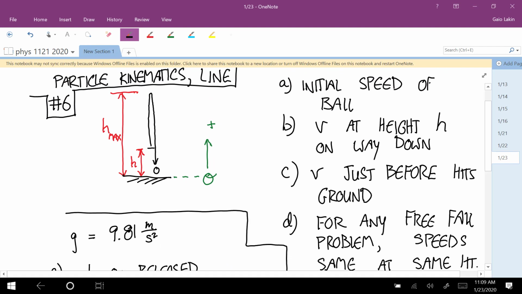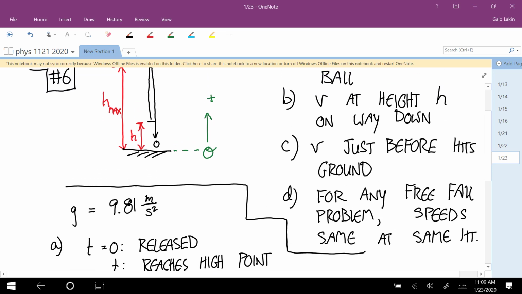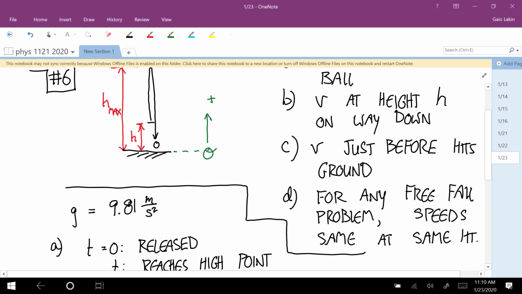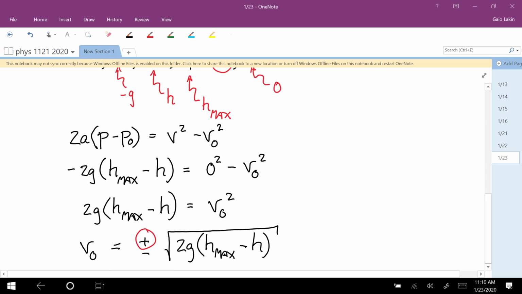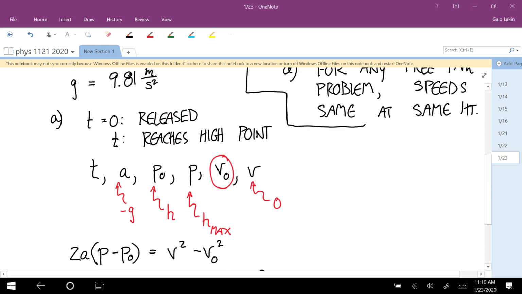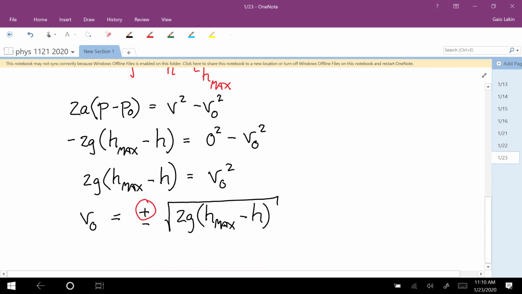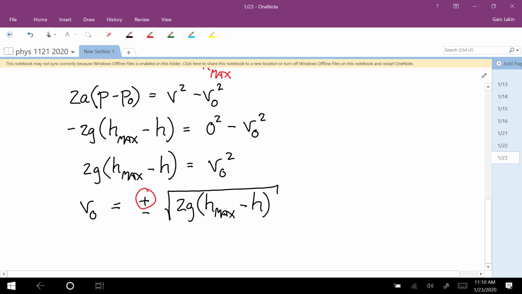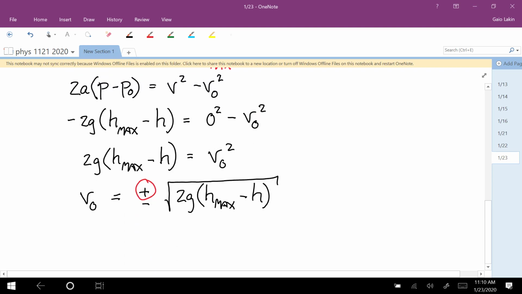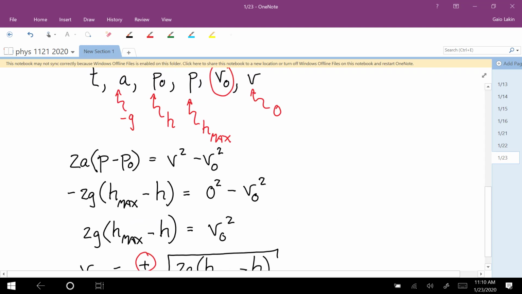Okay, well, the next thing we want to know is the velocity when the ball returns to that height h. Well, we talked about this yesterday. It's just a fact of free fall that the speeds are the same at a given height on the way up that they are on the way down. So when it returns to a height of h, the velocity is going to be this, but just negative. That's the way it always works. But you can calculate that